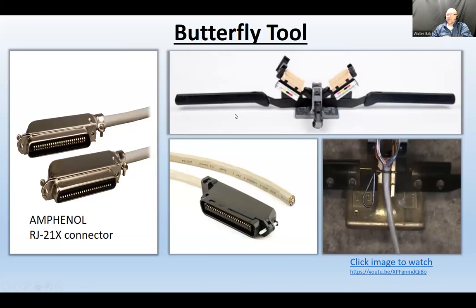What you do with this is you strip this 25 pair cable, and you insert that into this contraption, and you separate those pairs and insert them in those grooves. And once everything is laid in the groove, so here will be the group colors, here will be the designation colors, and then you